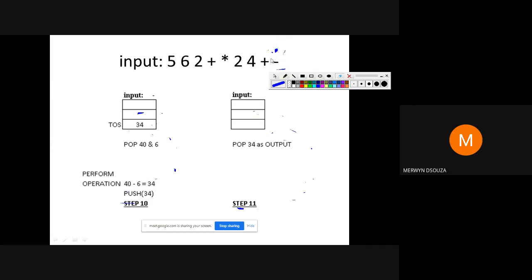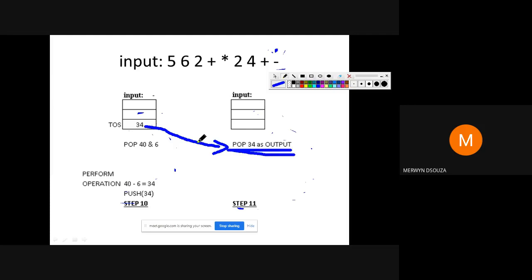So once you do that and you push that 34 onto the stack, you have reached the end of the input. Step 2 has to be repeated as long as there is input, but when the input has ended, stop with step 2. Then you go to the third step, which says pop whatever is there in the stack as the answer.